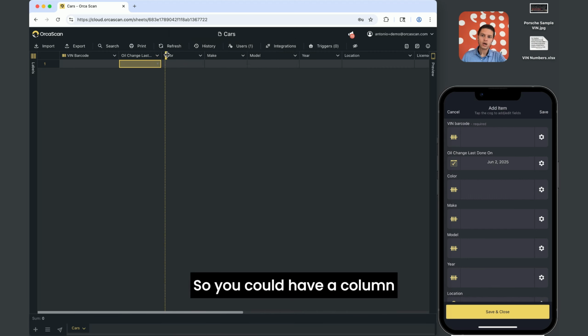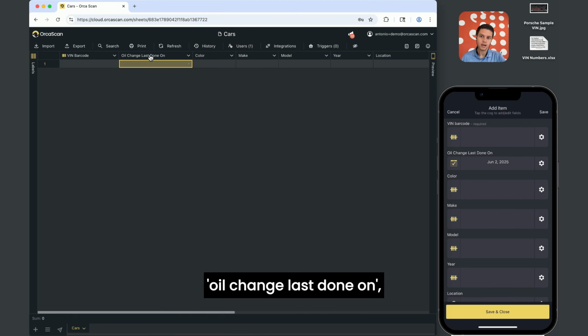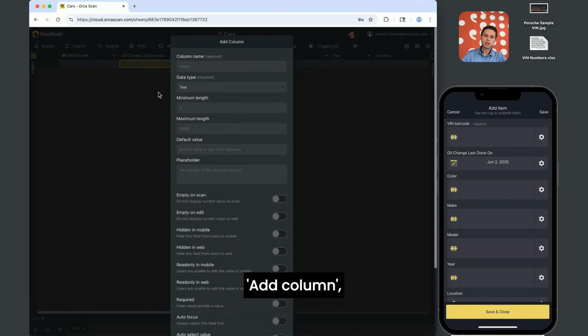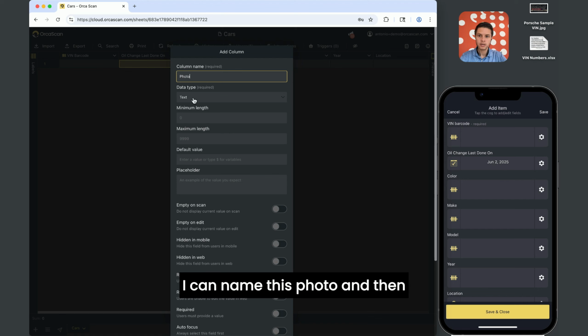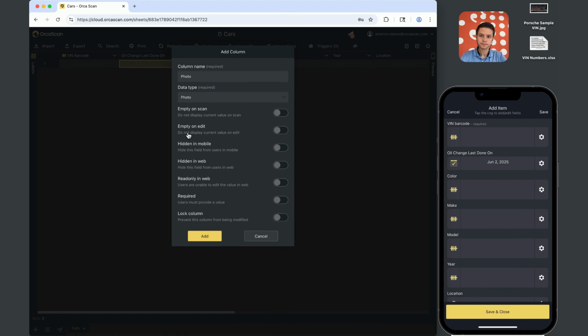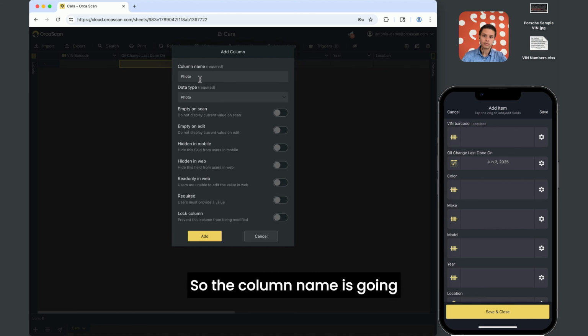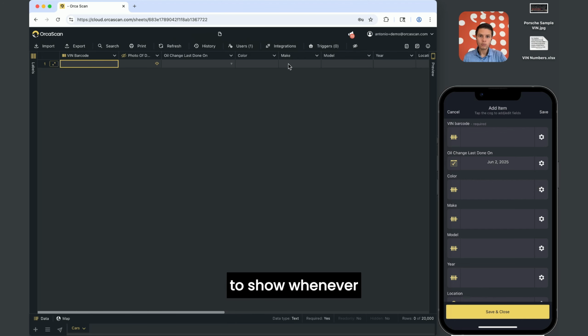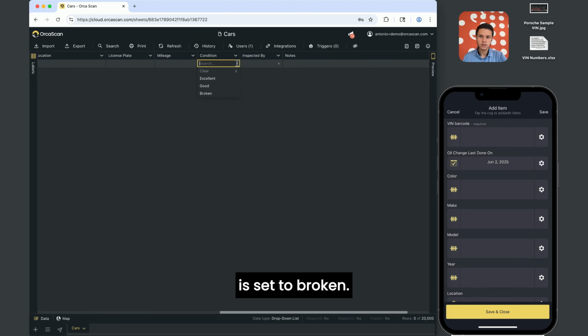So you could have a column like this, for example, oil change last done on. You'll scan a barcode, you'll see the field. You could also have a photo field. So if I click add column, I can name this photo, and then the data type would be photo. However, I want to show this field conditionally. So the column name is going to be photo of damage, and I'm going to hide it. And I only want that field, photo of damage, to show whenever the condition here is set to broken. And the way I can do that